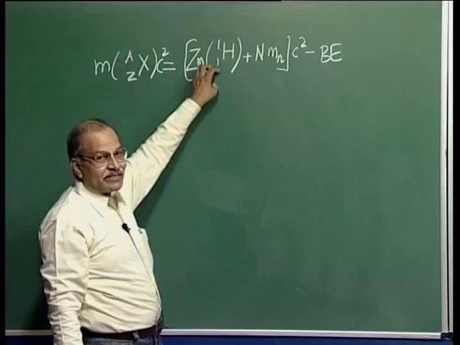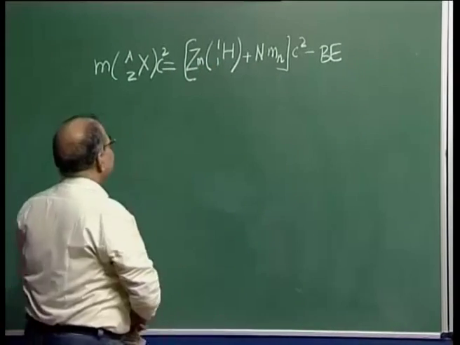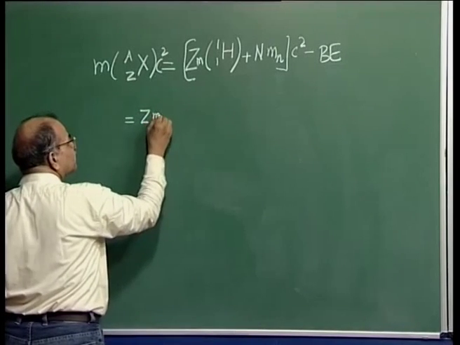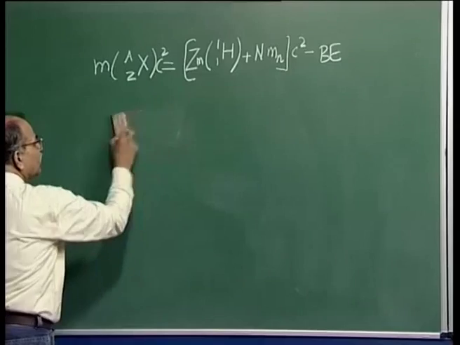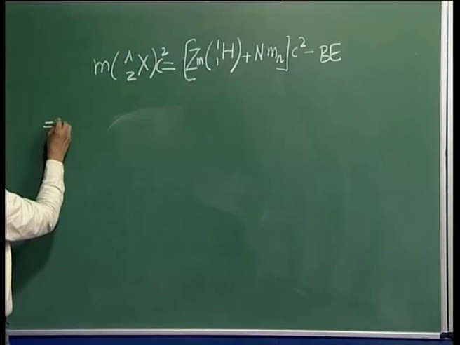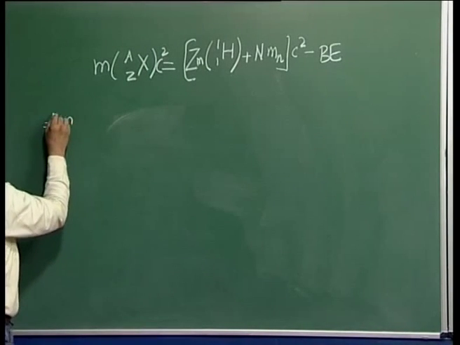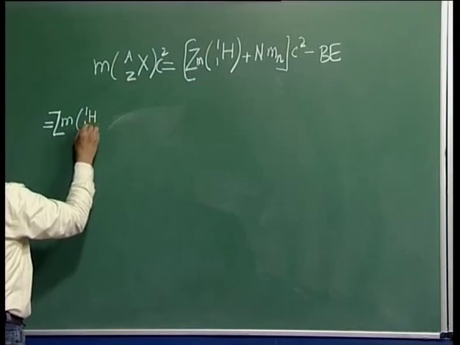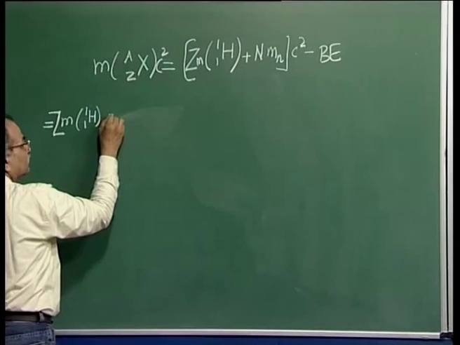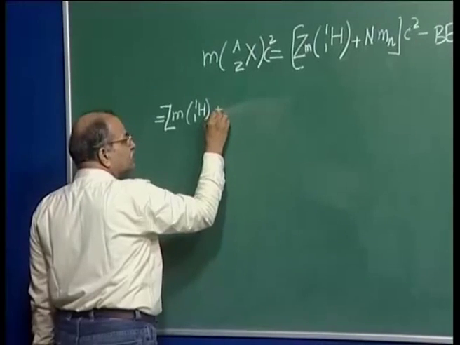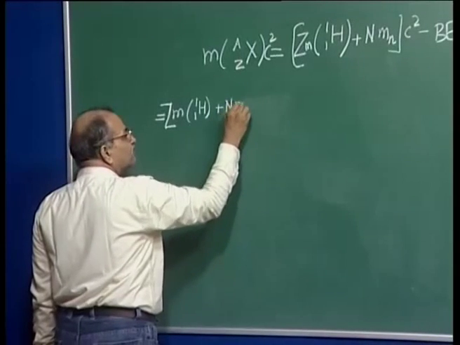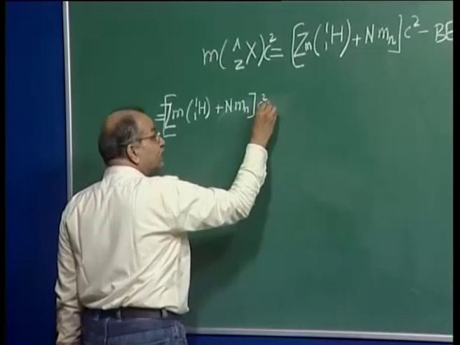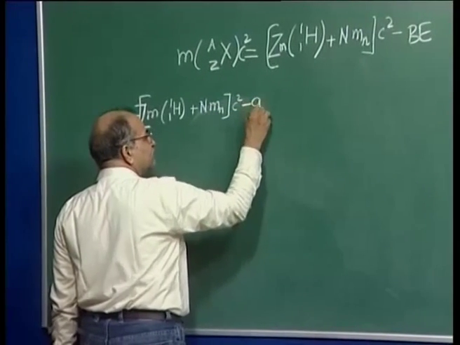So, it is smaller than this by this amount. Let me write it once again. It is Z times the mass of 1H1 times C square, of course, plus N times the mass of the neutron times C square. Then minus the binding energy, remember it is minus. So, minus AV times A